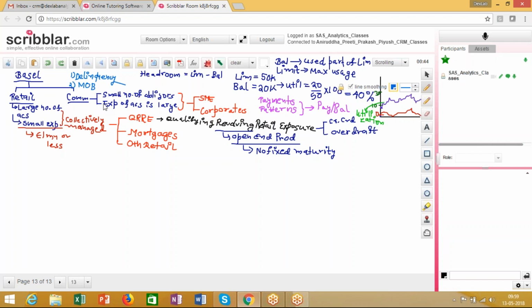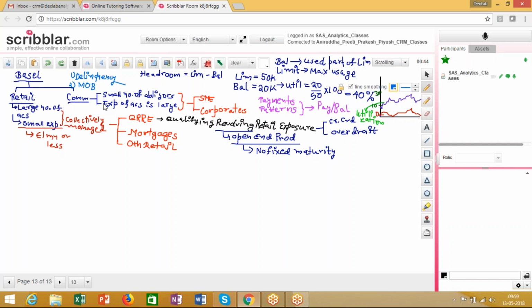So if you have a look into this code, you'll see that for the limit, over here, limit and balance may not be giving us a very good idea about how the borrower is using his account. But when I coin the measure utilization, I get a more clear picture about how different accounts are behaving over